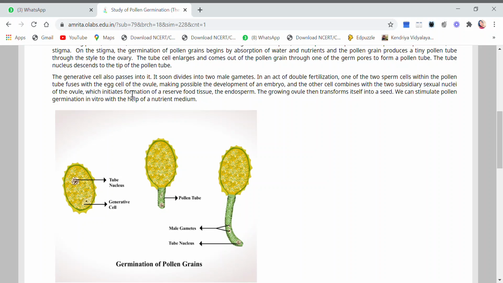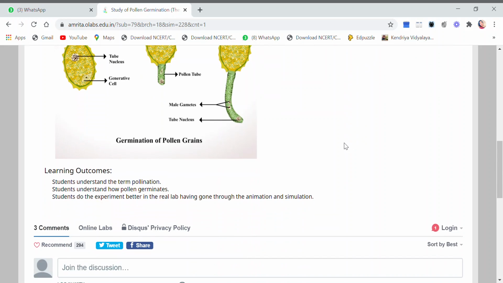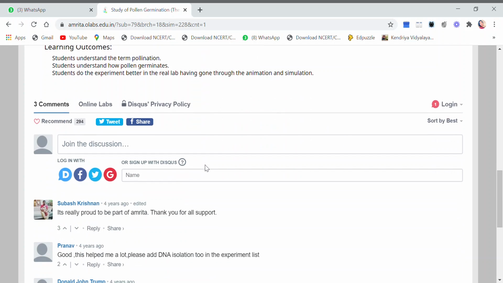And the PEN is surrounded by PEC. What is PEC? Primary endosperm cell, and that is actually the endosperm where the reserve food is kept for the developing zygote and the embryo. The growing ovule then transforms into a seed, and the ovary will transform into a fruit, right? So this is the theory of